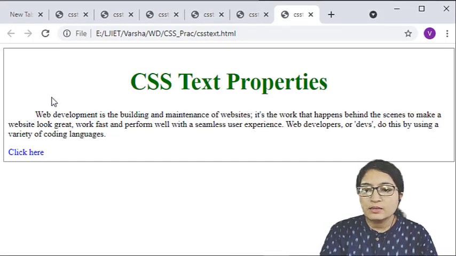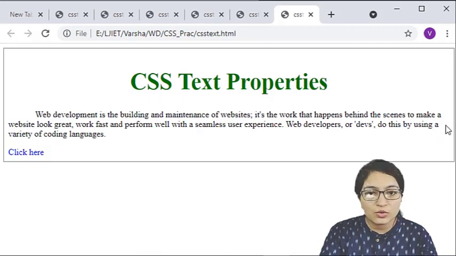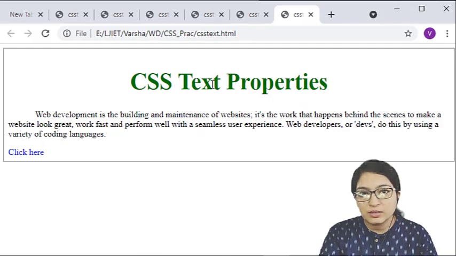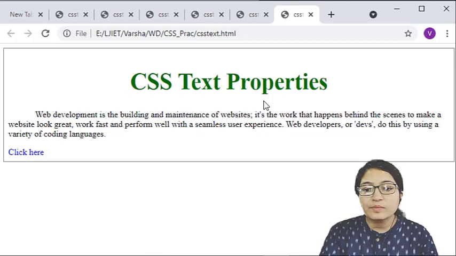So here you can see the justification is removed. Okay, here all the text is left justified. Here you can see the space is more compared to the last execution. And here you can see all things are capitalized. This is already there in capital letters. And here in the word text, T is capitalized, in properties, P is capitalized. Okay.